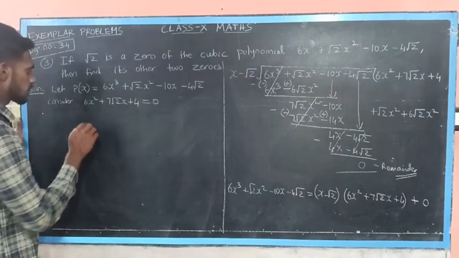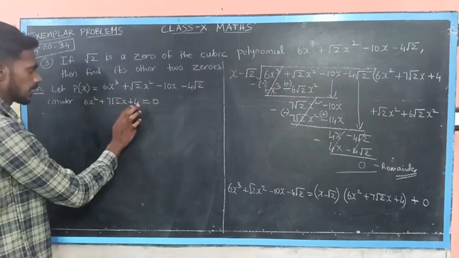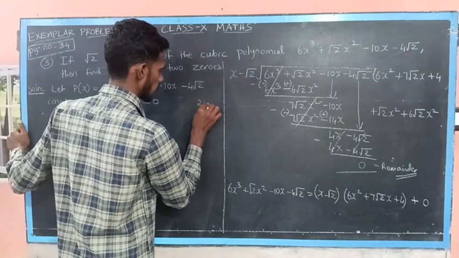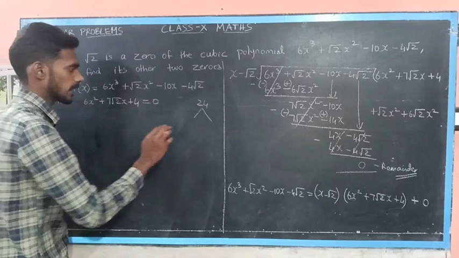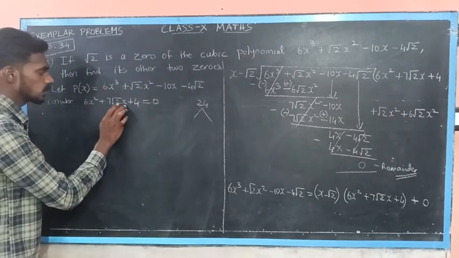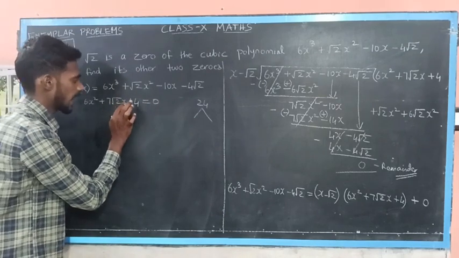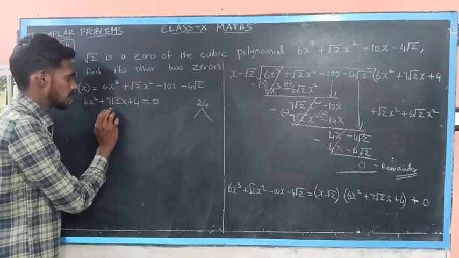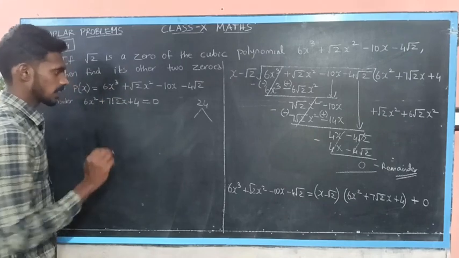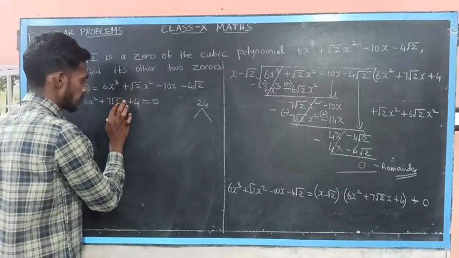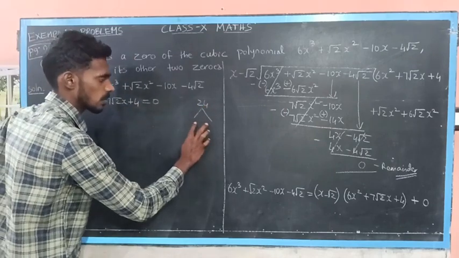Okay. For that, first find the product of the x square coefficient and the constant term, that is 6 into 4. Okay. So 6 into 4 becomes 24. Now we are going to find the factors of the number 24, so that the sum of the factors must be equal to the x coefficient. Okay. Already we have seen the splitting the middle term method where the x coefficient is a normal number, a whole number, but here it is a square root number. Okay. For that, see here, root 2 is present, so definitely the factors must also contain the root 2 term in each of them. Okay.